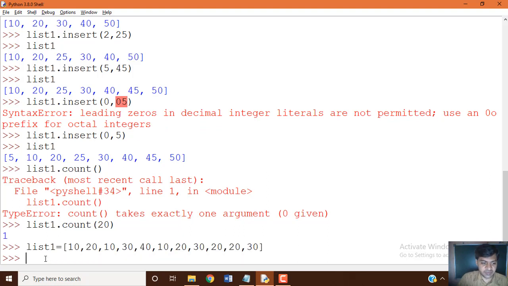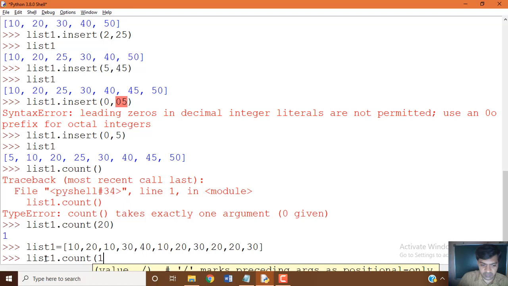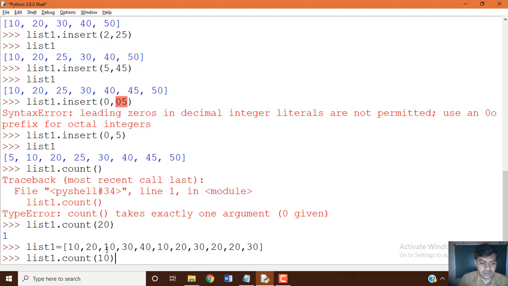So this is the data we assign. Now if I give list1.count of 10, how many times is it available within the list variable? 1 2 3, yes, 3 times.